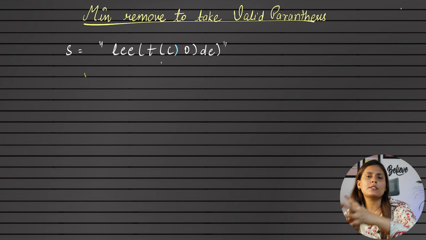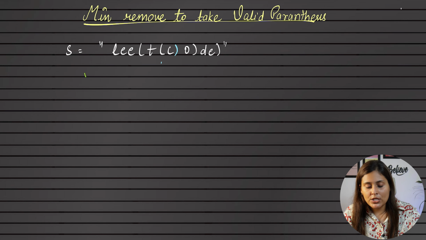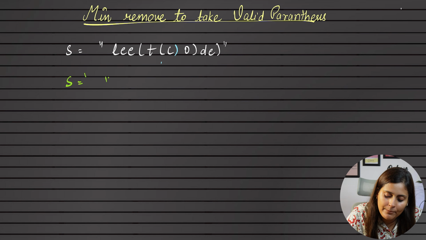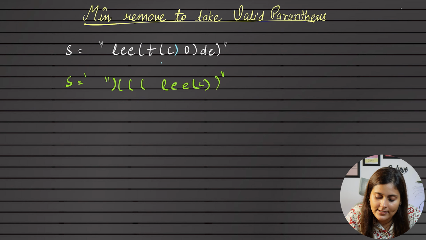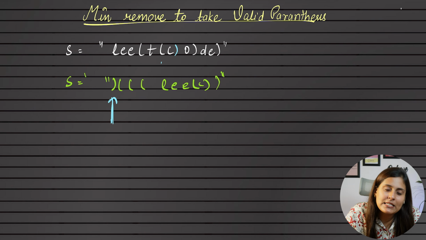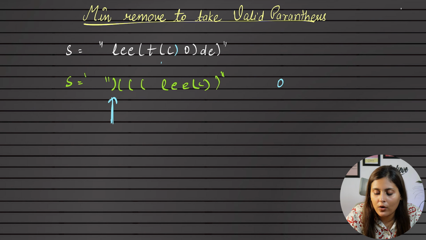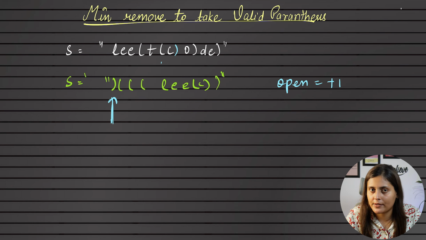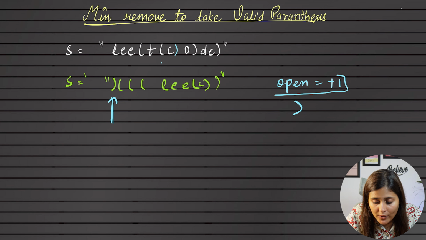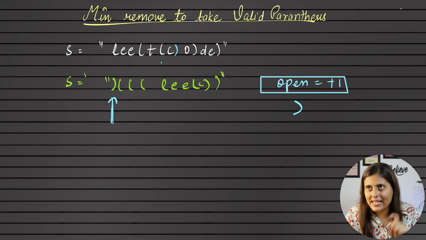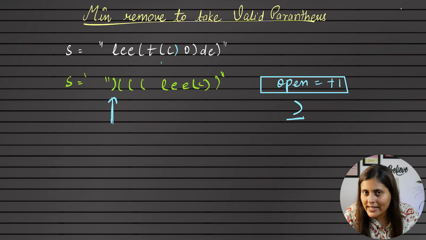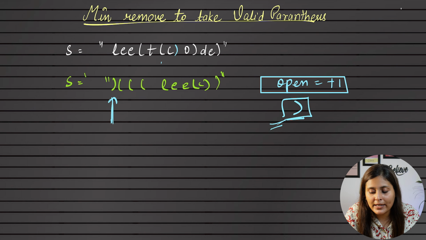But what's the idea of using count variables instead of a stack? See, for that I want to take a different example. Let's say the string is this. Definitely this is not valid, can I say? Yes. So what I'll do now, instead of storing the open brackets in a stack, I will take a variable, let's say open, and I will increase it by one if I find an open bracket, correct? And when I find a closing bracket, I will check if my open is positive or not. If it is positive, I can say I have open brackets left over. So then I will decrease the count and add the closing bracket to my string.